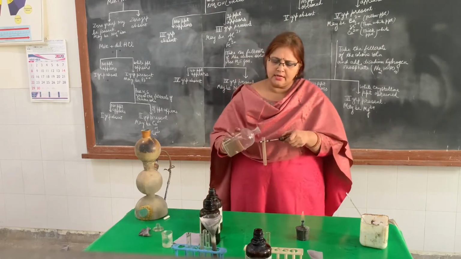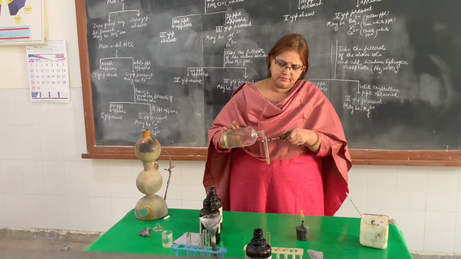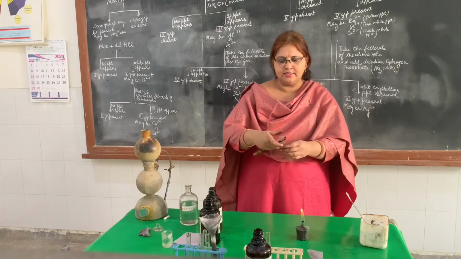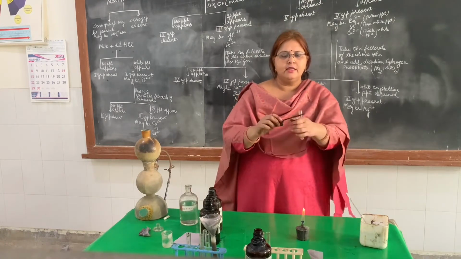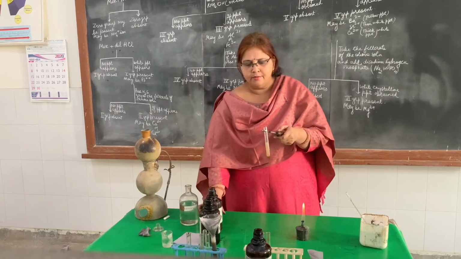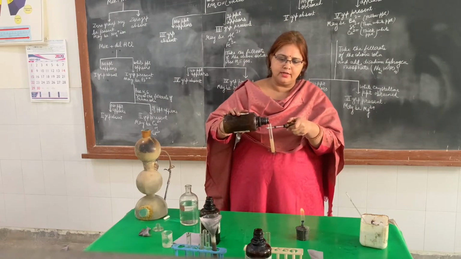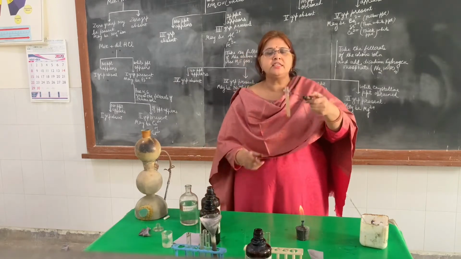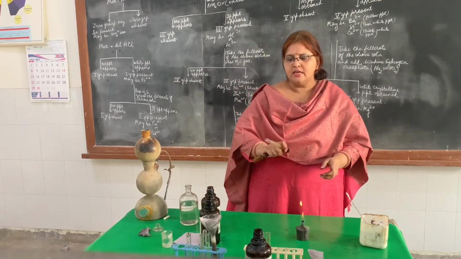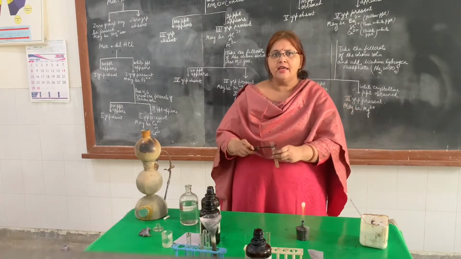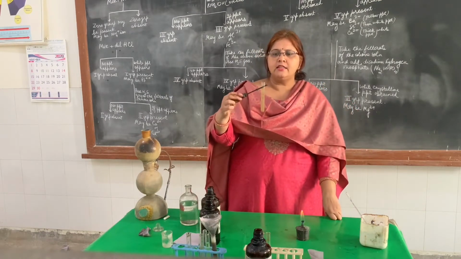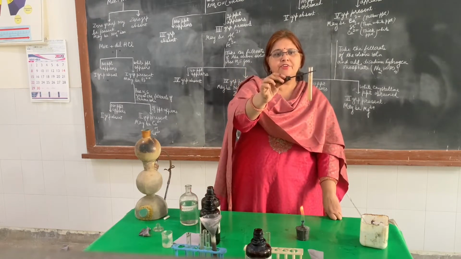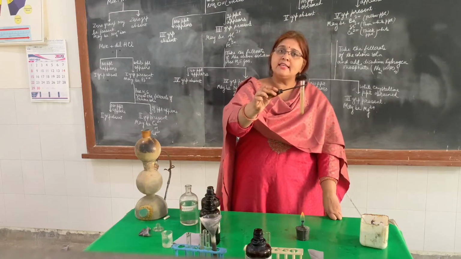Dissolve the precipitate in dilute HCl. Completely dissolve the precipitate in dilute HCl. We have completely dissolved it. Then add NaOH solution to it. While adding NaOH solution, we will see the precipitate reappears in case of manganese. Now this time we have to add NaOH in excess so that the precipitate reappears. As you are able to see, the precipitate is reappearing if we add the excess amount of NaOH.